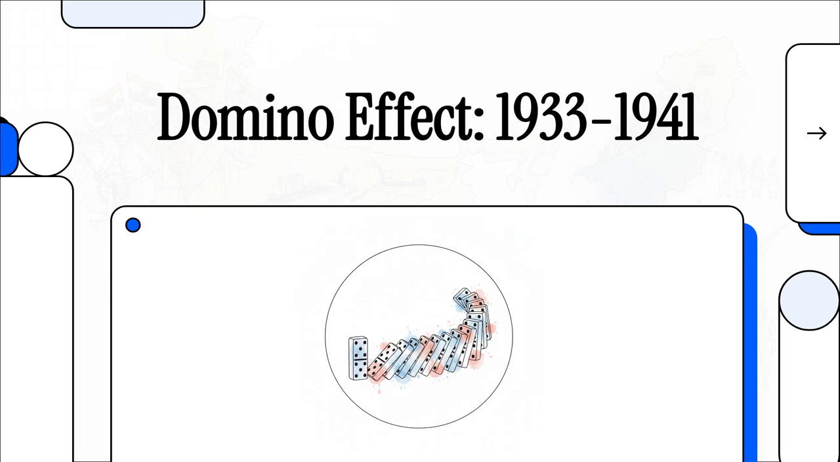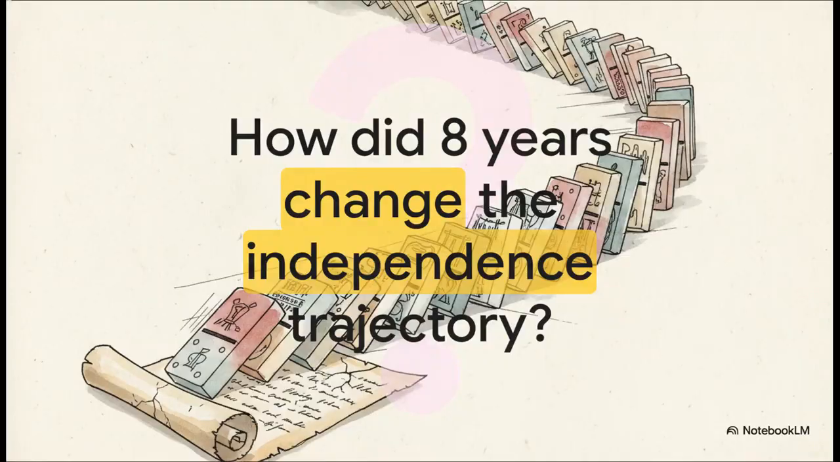Let's dive right into this explainer and trace the intense, rapid-fire chain reaction of events that completely redefined India's future. Today, we're unpacking a really fascinating set of historical source notes that map out a highly volatile window of time, 1933 to 1941. It's a period where literally every single decision triggered a massive consequence. So, you have to ask yourself, how did a mere 8 years change the entire trajectory of the Indian independence